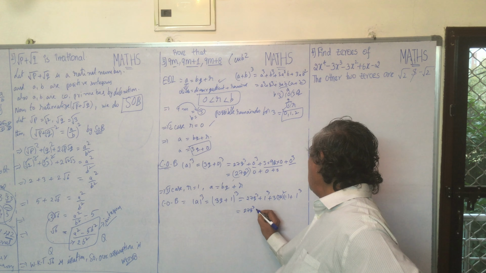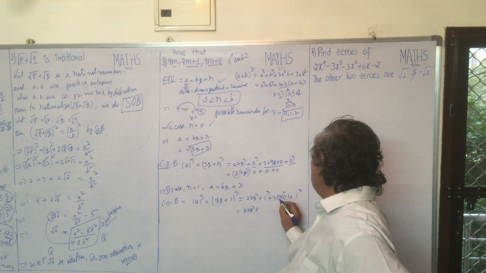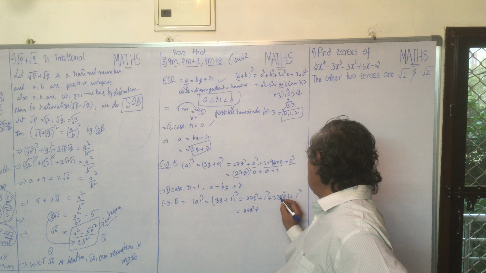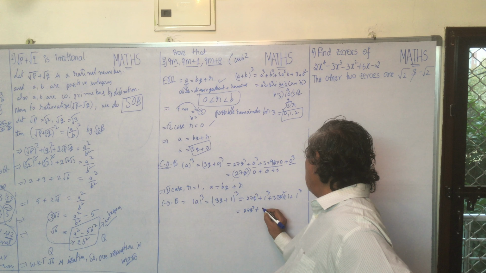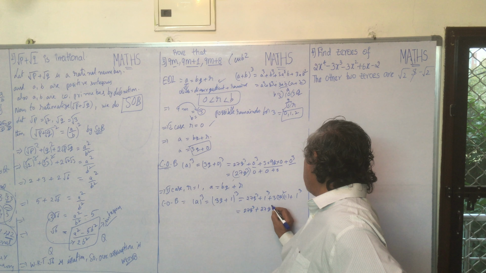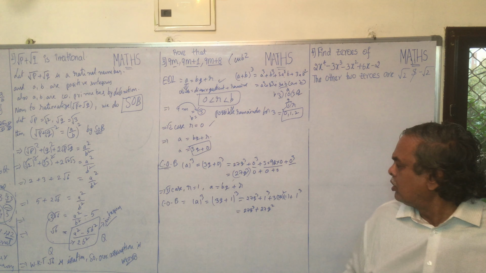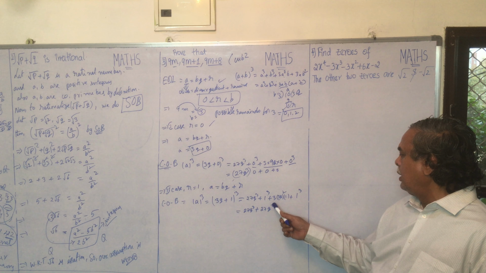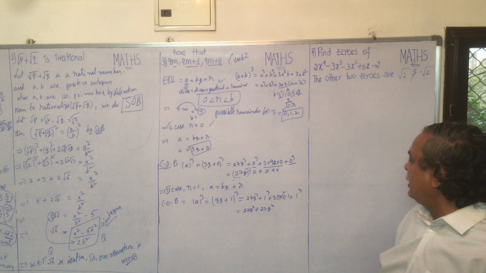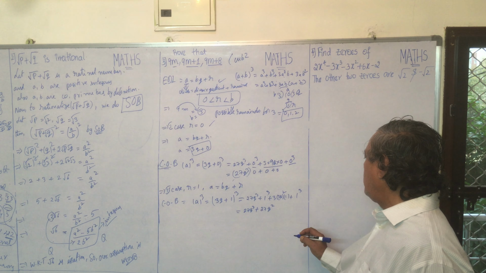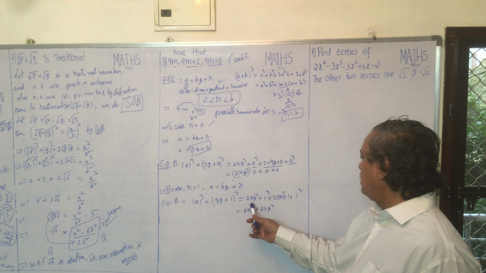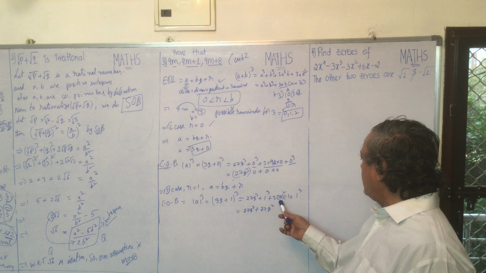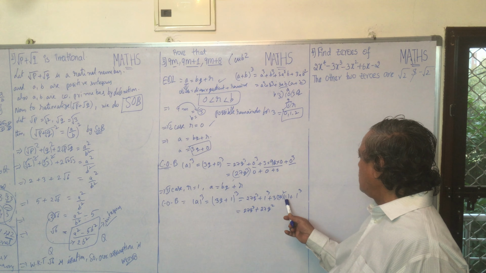27 cube plus 3 3s are how much? 3 3s are 9. 27 9q square. Am I correct or wrong? See it. 3 3s are how much? 9. 9q square. Then 3 into 9 square is equal to 3a square b, 3ab square formula. 3 a cube plus b cube plus 3a square b plus 3ab square.